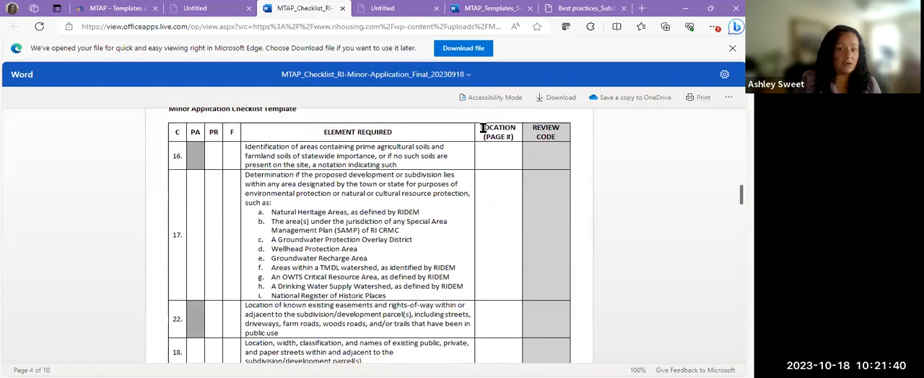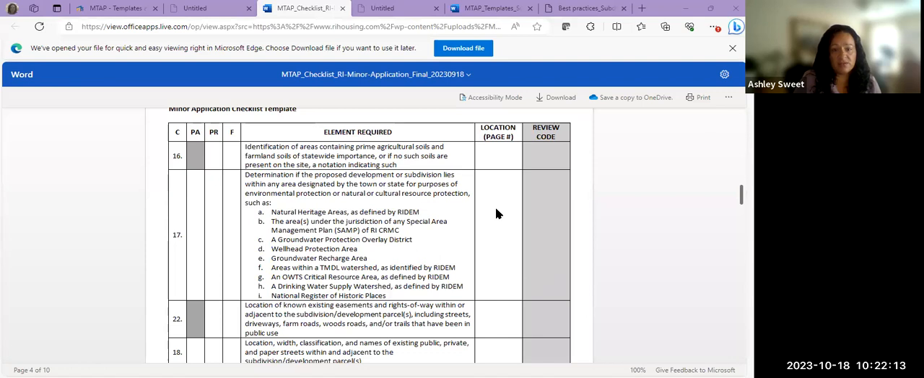We also added a column to the right where we're recommending that you have applicants tell you where these items are located so that when you have large plan sets, it's easier for you to find these things. We know that the burden of review is shifting significantly to the administrative officer. We're hoping that this is a technique that can help the administrative officer make their review process more efficient so that when you do get large sets of 15 or 20 page plans or 100-page stormwater documents,